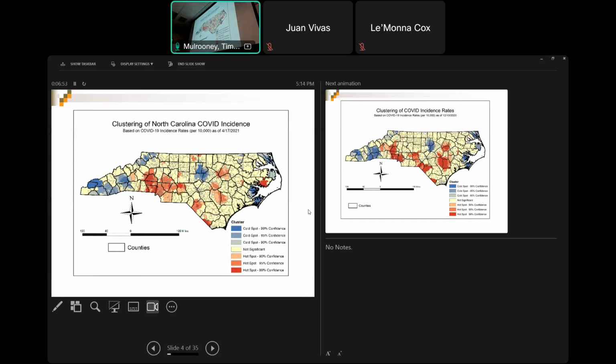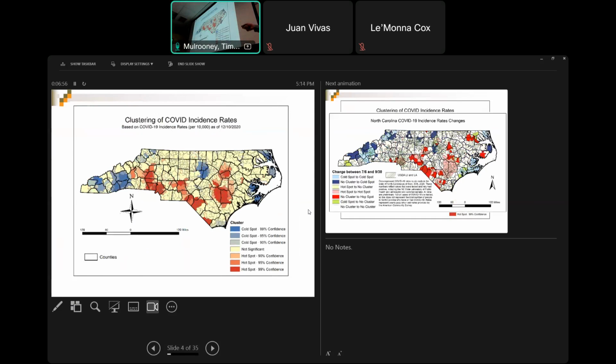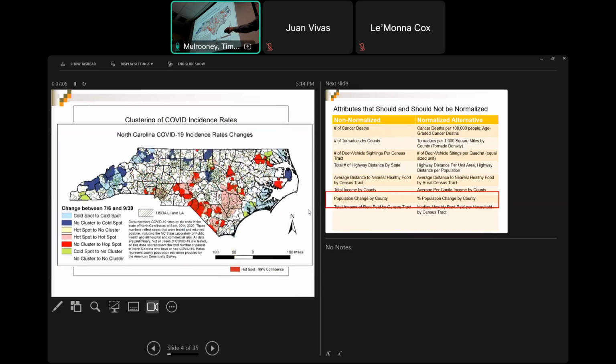So this is the hotspot map of April 2021. Here's a hotspot map of a few months before. Basically, I did some overlay analysis and figured out that all these red and dark red areas are areas that have increased or are brand new hotspots. These other areas are brand new cold spots. So I could do some type of overlay. And so we can start to look at nominal classifications there, where it's a cluster versus non-cluster, or categorical. Because these days with data, we talk about numbers, but we can convert those numbers to classes. Like, hey, this is a hotspot, an emerging hotspot, and I can color these appropriately.